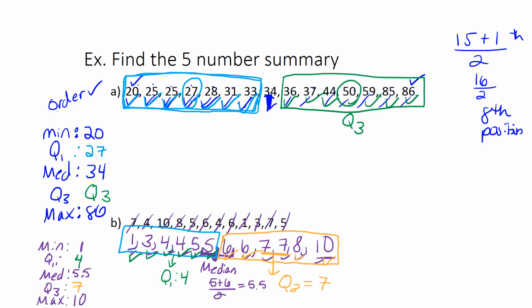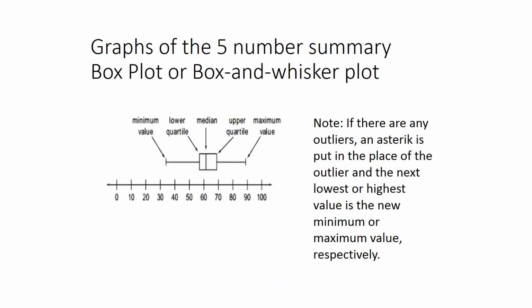Again, you can count those up. It looks like there's 12 data values, and you could say the median is in the (12 plus 1) over 2, the 6.5 position, so you know it's halfway between the 6th and 7th position. Graphs of the 5-number summary,